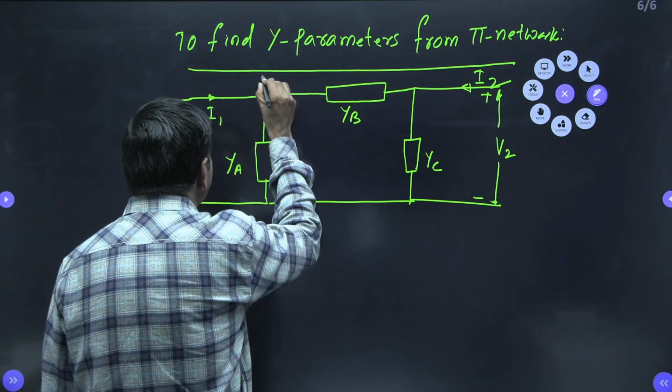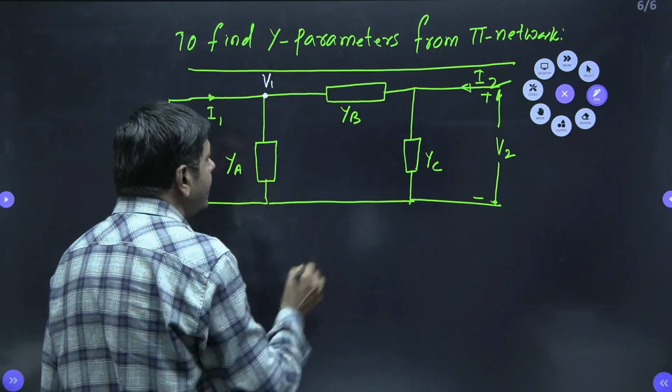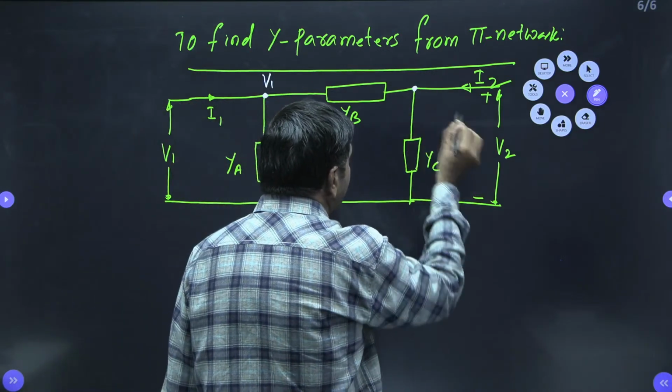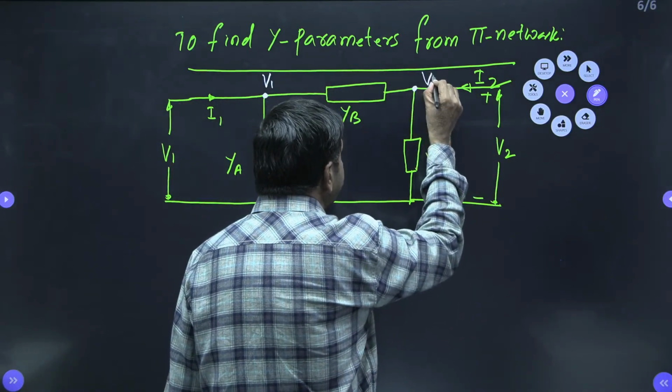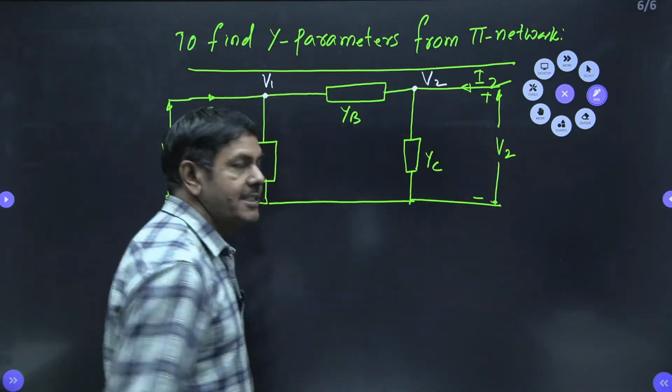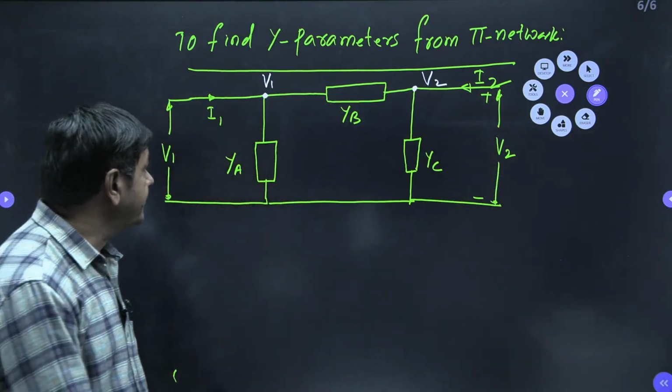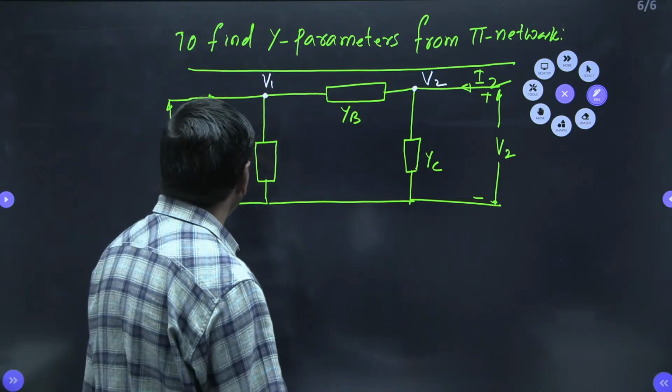Same V1 you can have here. At this node, we are going to have the voltage of V2. The same technique you can apply for any problem. Easily you can get the answer. According to the nodal,